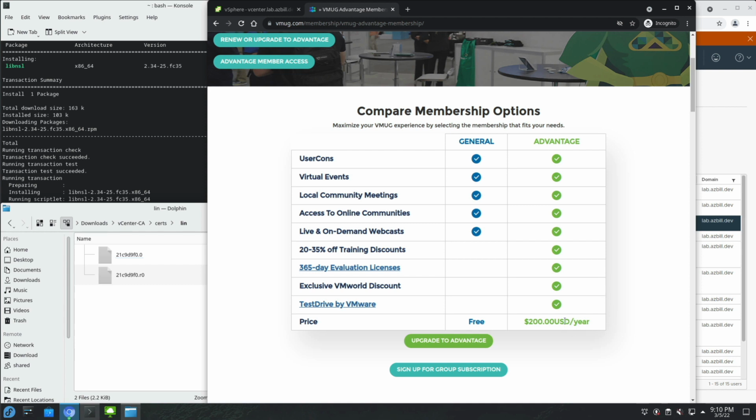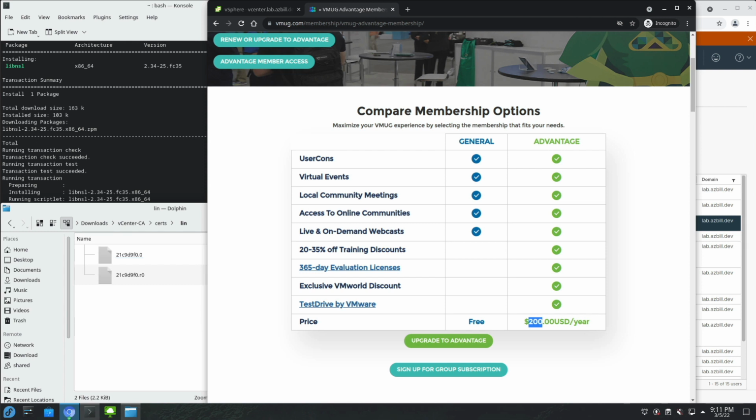So the great thing about this is for only $200, you're going to get access to several different licenses of the VMware products. You'll get a pretty nice discount to attend VMworld if you plan on doing that. I mean, they are going back to in-person now. And you also get 20 to 35% off training discounts. So that can certainly be helpful if you're trying to move up in your career, gain some new skill sets. Having access to these licenses and then getting discounted training could be very beneficial. So I would highly encourage you to consider doing that if you would like to run Virtual Center, because I think they get you quite a few different things here.